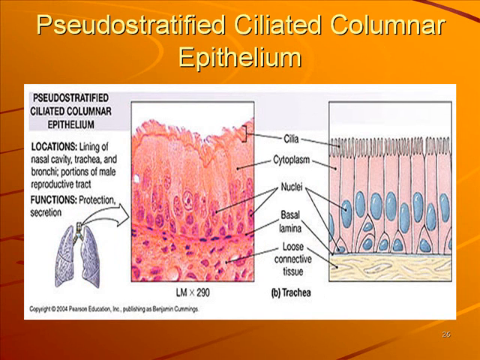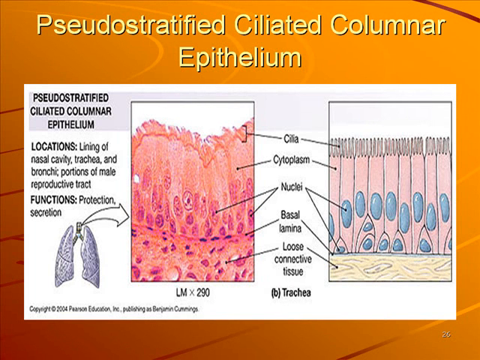Pseudostratified ciliated columnar epithelium, learn that word, learn how to spell it. Go back and tell your parents, tell your brothers, tell your sisters, they'll know you're really in school. Pseudostratified ciliated columnar epithelial tissue is located in the lining of the respiratory tract, so the nasal cavity, trachea, some of the